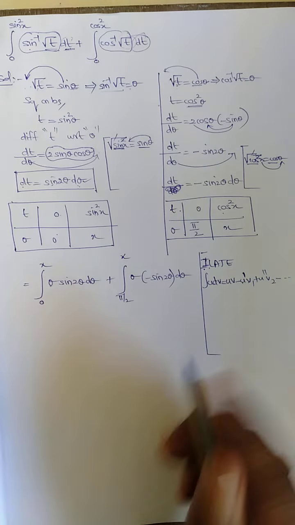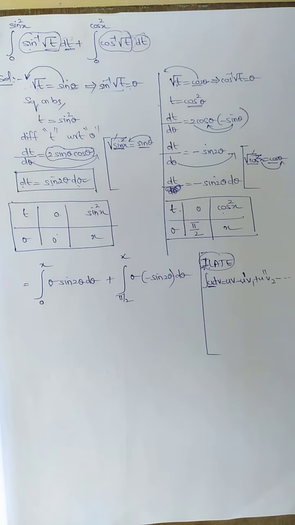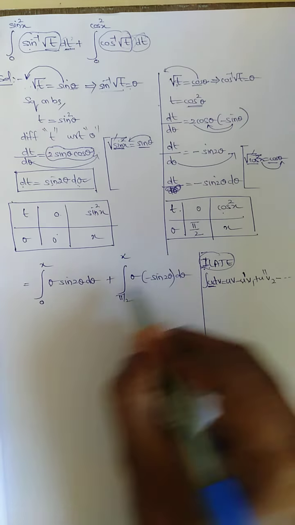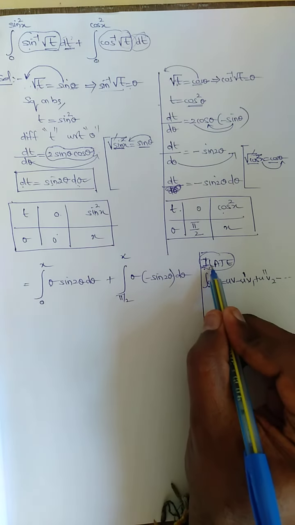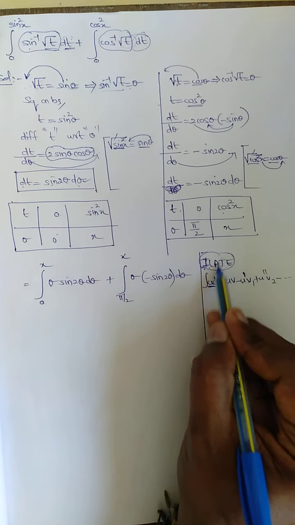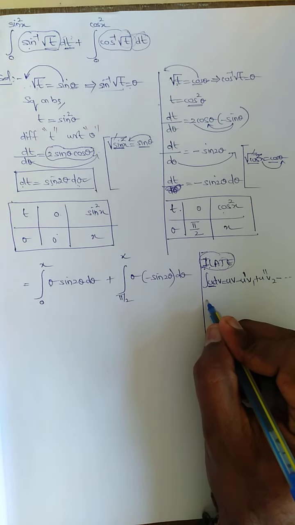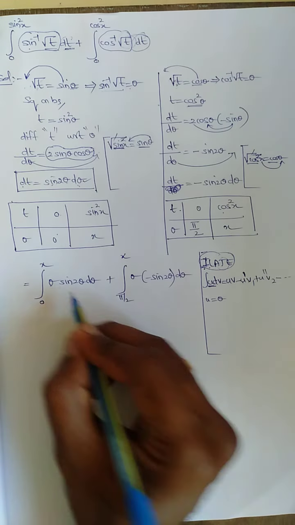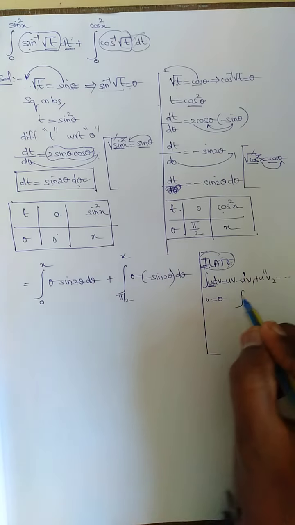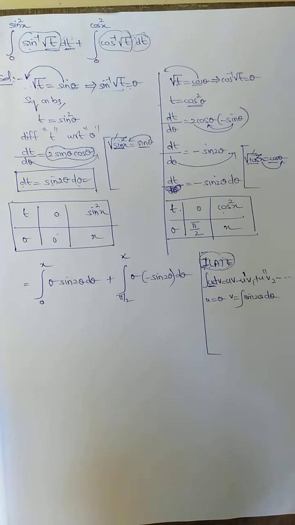You can take it like this only. This u we need to choose using ILATE. Theta is algebra, next trigonometry. Trigonometry is nothing but the other part. So we can take u as theta. U is equal to theta. What is the remaining here? Sine 2 theta, this is dv. dv is equal to sine 2 theta into d theta.